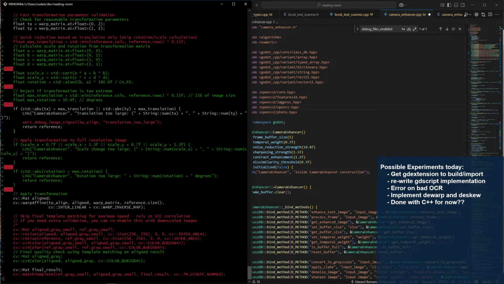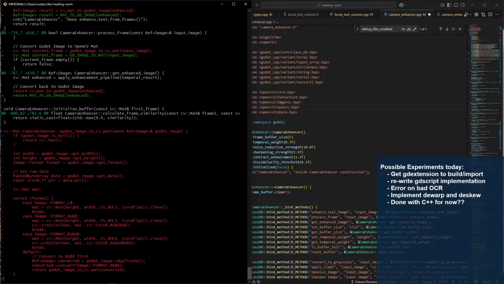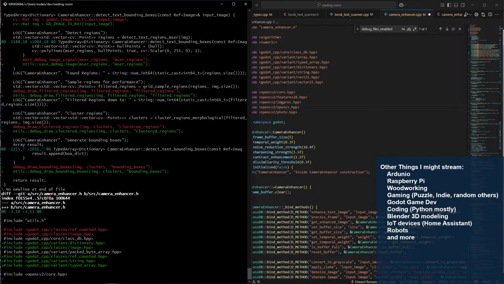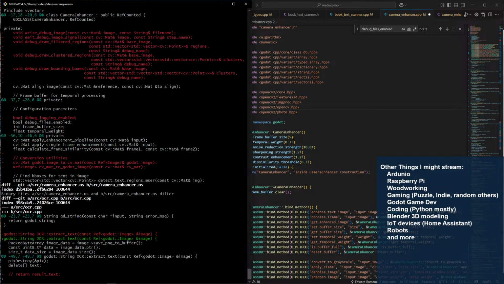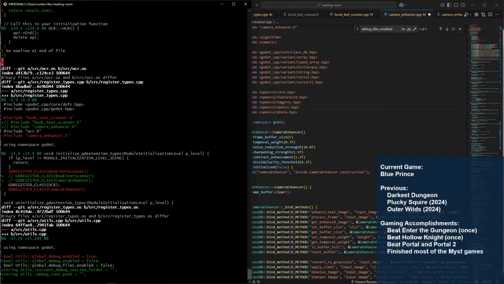What file is that? All right, I guess it wasn't a full diff, right? Right, it wasn't a full diff.